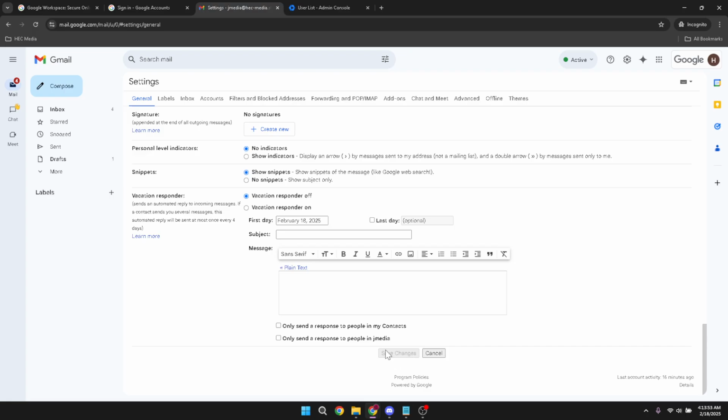And there you go. You've now learned how to efficiently turn your desktop email notifications on and off in Google Workspace, a useful skill for managing your email experience seamlessly. Whether you prefer quiet focus time or staying updated in real time, these settings give you control to tailor notifications to fit your work style.